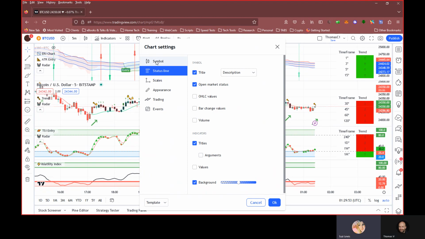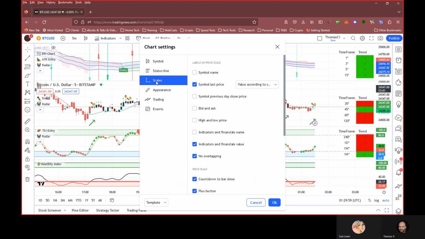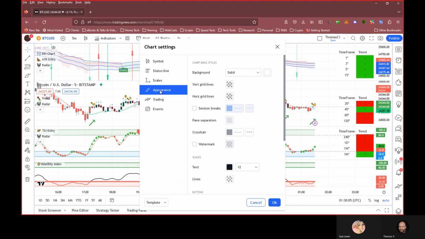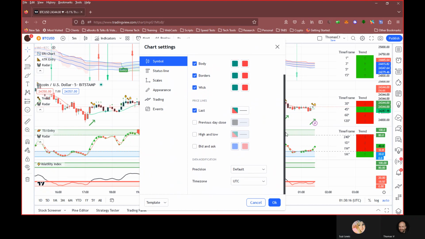Okay, that's right. Can you go to scales? 1, 2, 3, 4, 5. Okay. Go to appearance. Okay, let's refine. And go to symbol up top. 1, 2, 3, 4. Okay, one sec. Symbol 1, 2, 3,